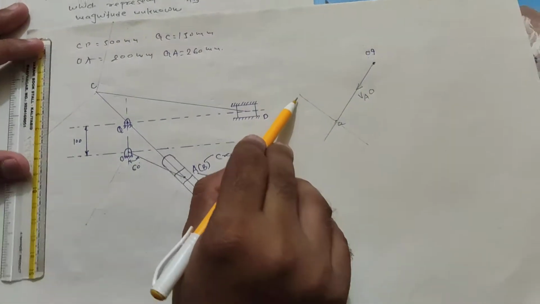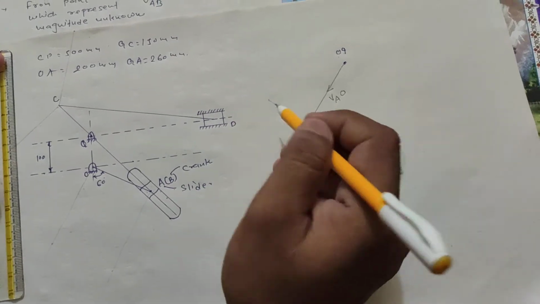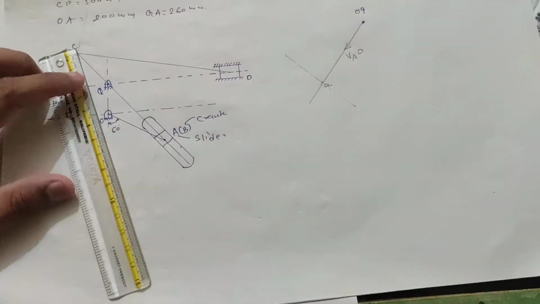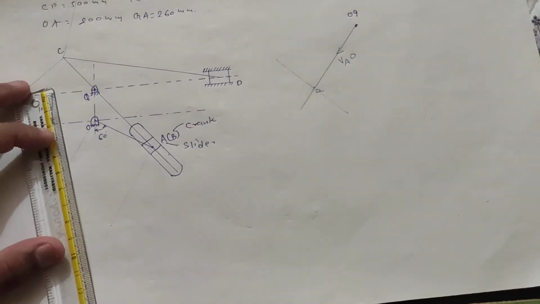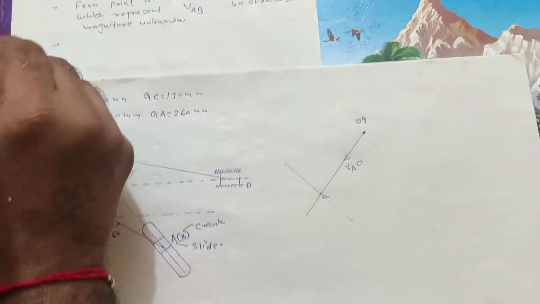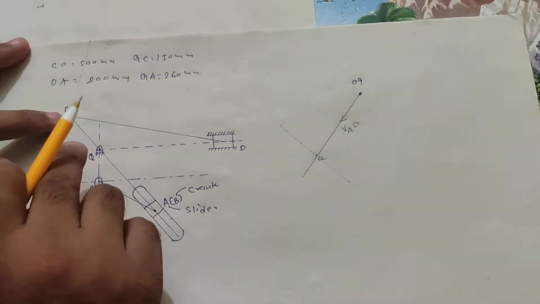Clear? So we have to draw this line, but we cannot represent the B. It may be anywhere. We cannot represent the B because that magnitude is not known. So another point that we have to draw, from the point O, is Q. Now from the point Q,